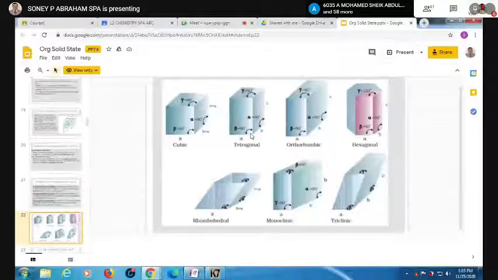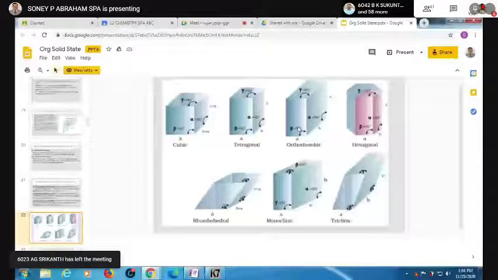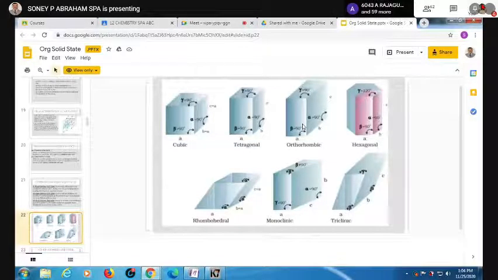And when you're talking about orthorhombic, you will have four different types of crystal lattices. Primitive is possible, end centered is possible, body centered is possible, face centered is possible. Only four categories are possible in this case. Here only two. So 4 plus 2 is 6. Then here 3, 9.